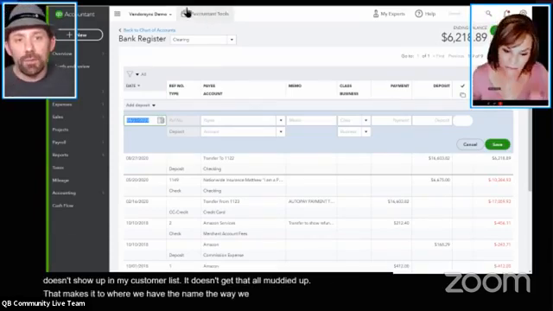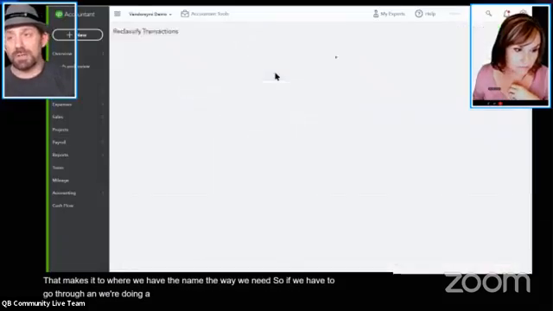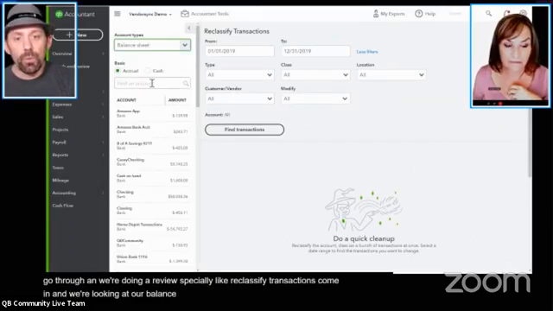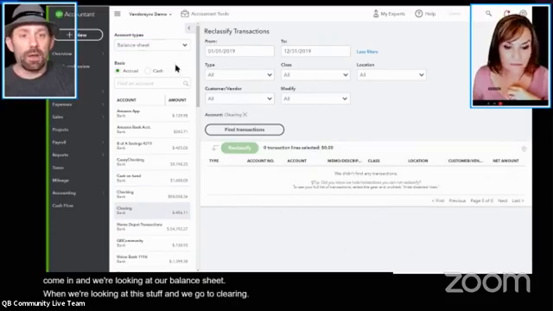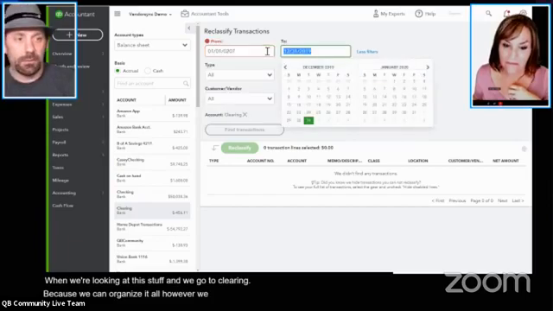So if we have to go through and we're doing a review, especially when reclassified transactions come in and we're looking at our balance sheet, when we're looking at this stuff and we go to clearing, we can organize it all however we need inside of here.